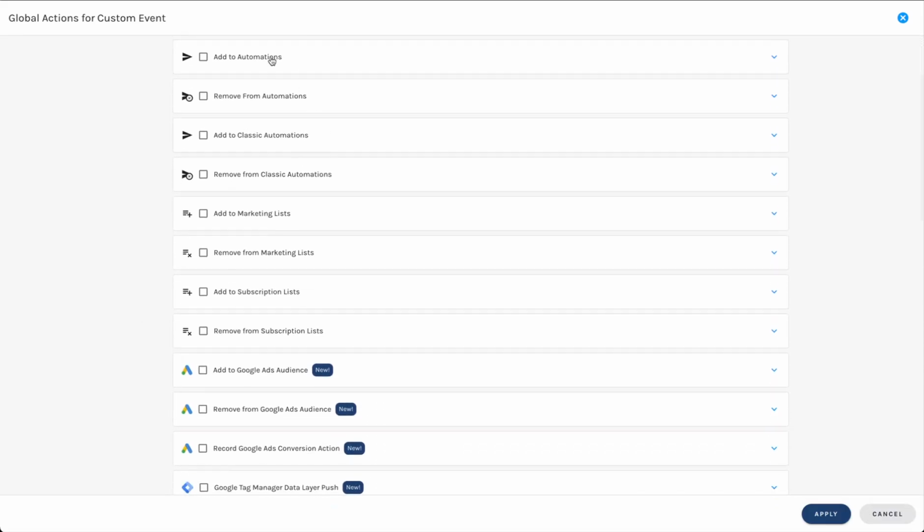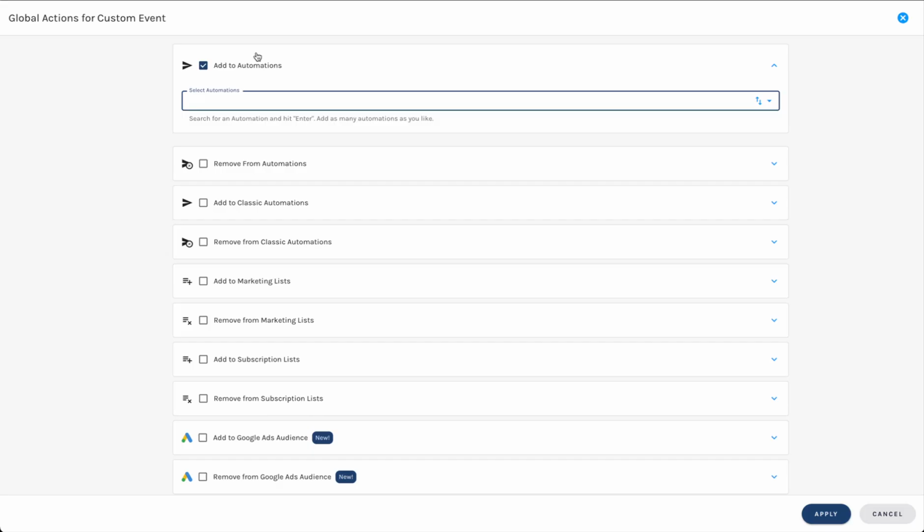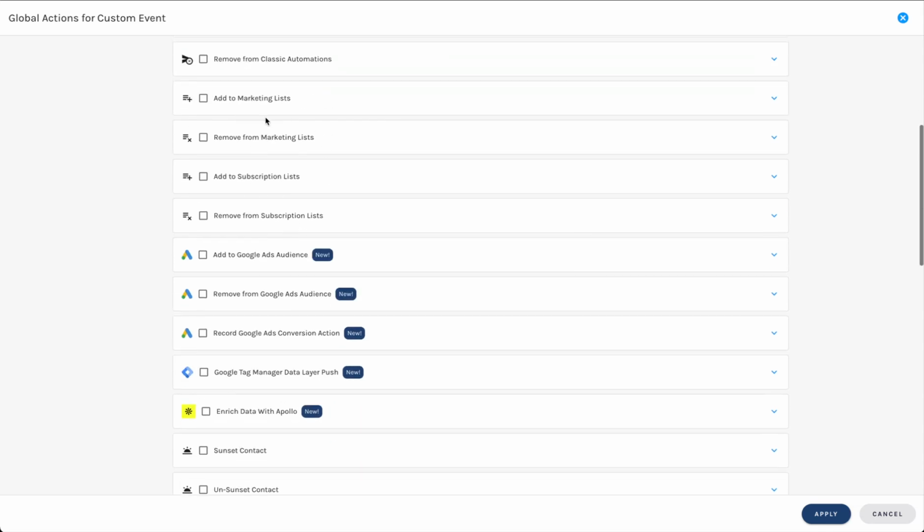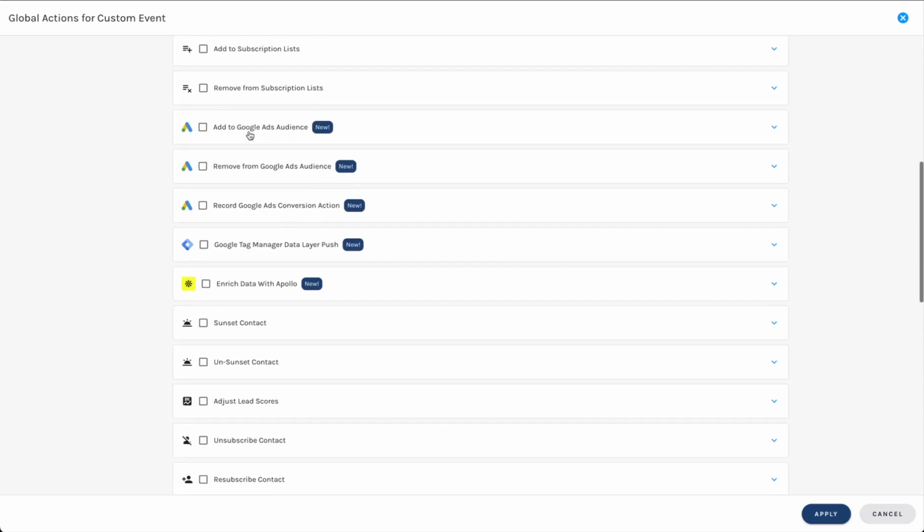You can decide to add people into any workflow, branching workflows and or drip series, and you can add them to multiple. You can remove them from multiple workflows and drip series. So if the event that is triggered indicates a shift along the customer journey, you can remove them from stage A drip series or workflow and add them to stage B. It's just so easy. You can add them and remove them to and from marketing lists, subscription lists, Google Ads